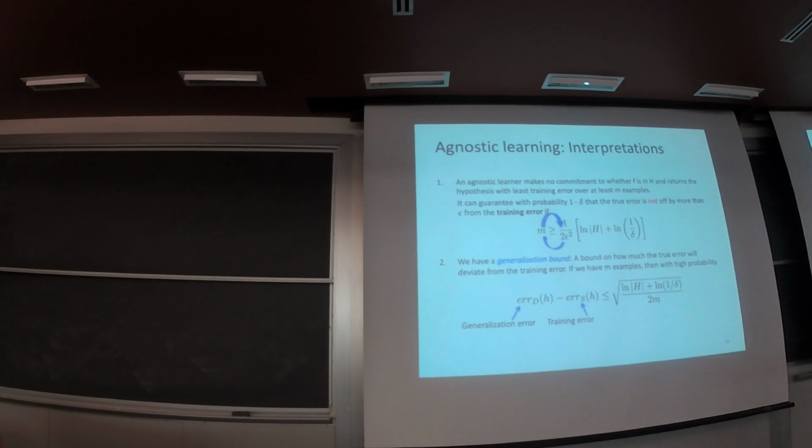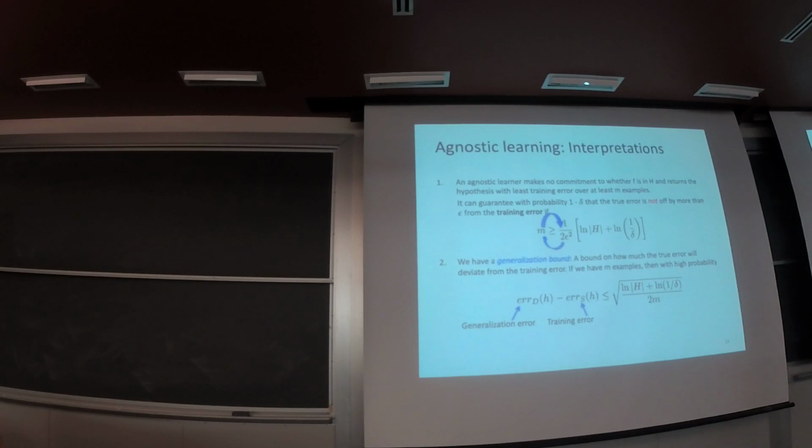And if we can further fix the number of training examples and then talk about the epsilon, that is the difference between the true error and the training error, that means you just switch the position of epsilon and n, you can get the so-called generalization error bound. So we can claim that if we have m training examples, then with high probability, that is 1 minus delta, the difference between the generalization error and the training error is upper bounded by this term. This term is determined by the number of training examples, the size of the hypothesis space, and also the confidence level delta.